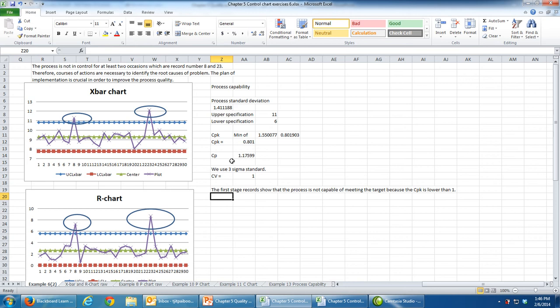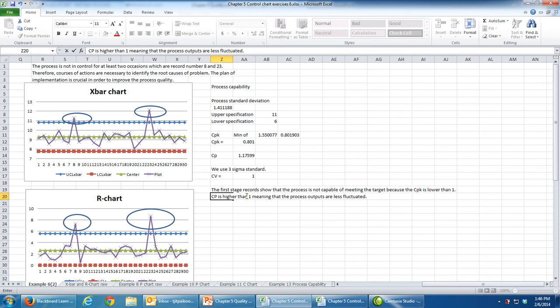The process seems to have lower variances because CP is higher than 1. Okay, meaning that the process outputs are less fluctuated. It is consistent, in other words,